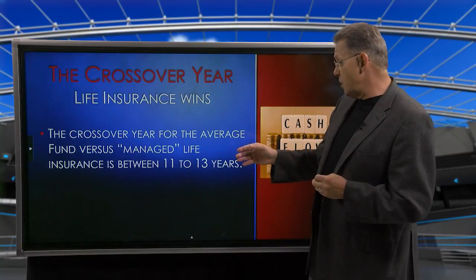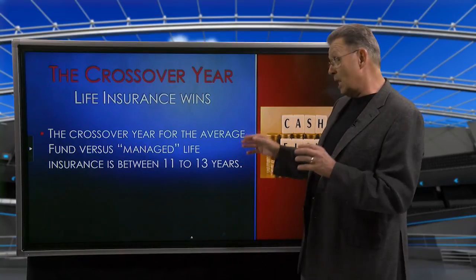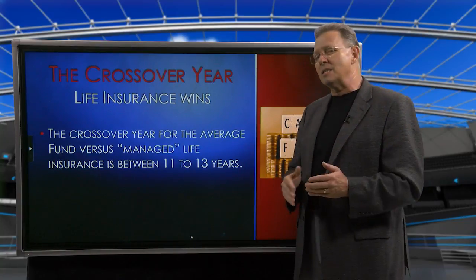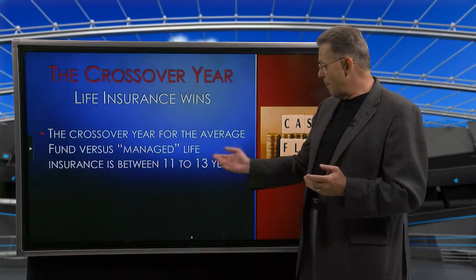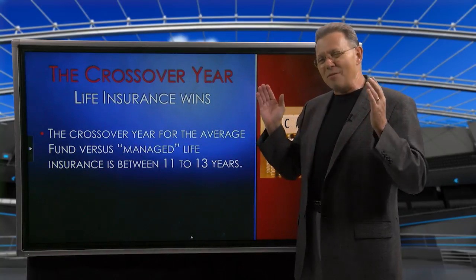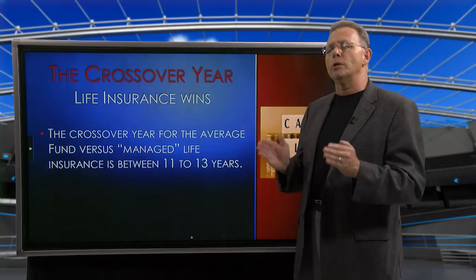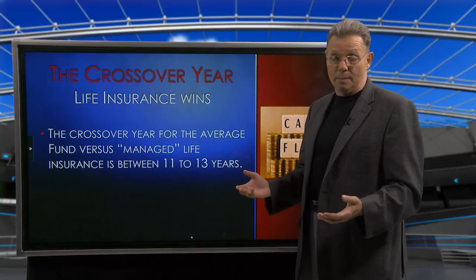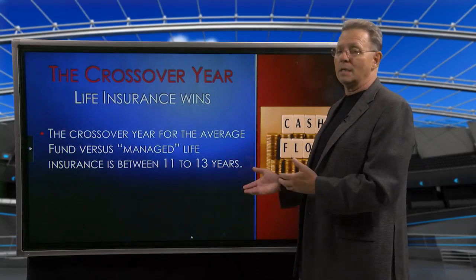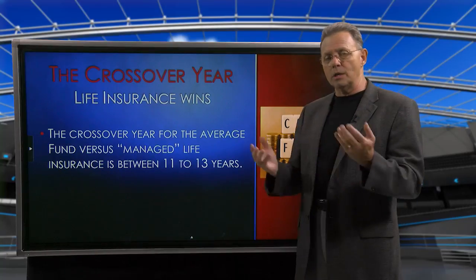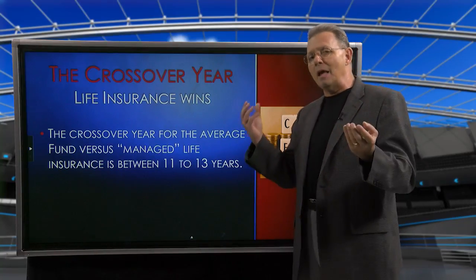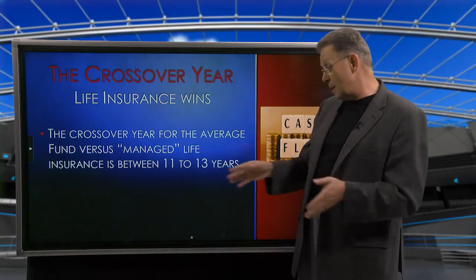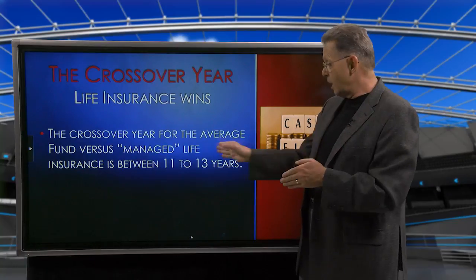Now, the crossover year for the average fund versus managed life is about 11 to 13 years. 11 if it's a mutual fund. I think it takes a little longer for ETFs because they're a little cheaper, about 13 years. If you're not in that for at least those minimum amounts of time, you're doing yourself a disservice by buying it. So this is a long-term, or as I've said before, a lifetime commitment, a lifetime horizon. I need to really commit to this. And so those are your crossover years. So if I'm measuring mutual funds and ETFs against being in life insurance, the actual UL, universal life, index universal life, or variable universal life, somewhere in there, those cost crossover points are going to be somewhere in that area.